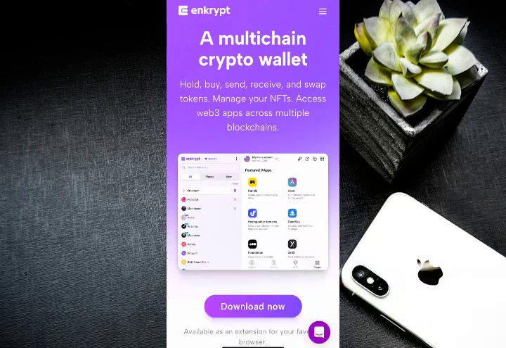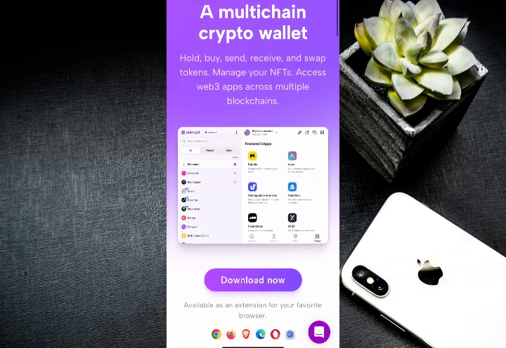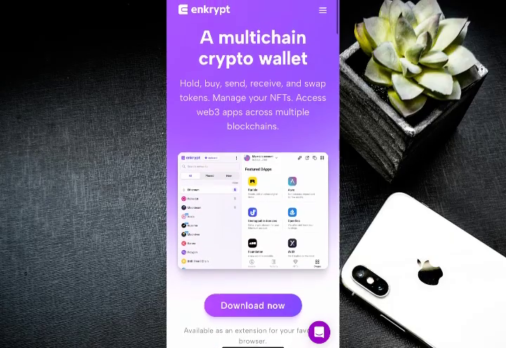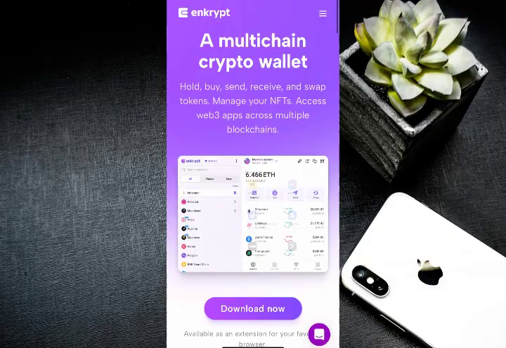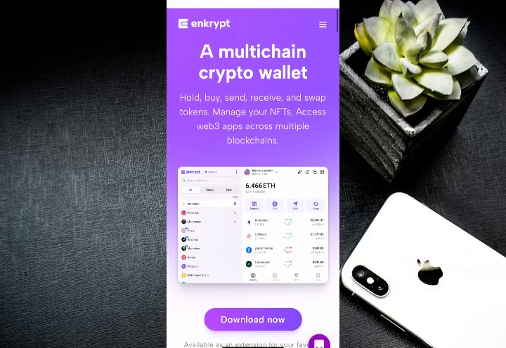In this video, I'm going to create a quick in-depth review about this crypto platform, which is Enkrypt Browser Wallet. So to get started with the breakdown and the beginner review about Enkrypt Browser Wallet, in 2025, Enkrypt stands out as a powerful multi-chain browser wallet developed by the teams behind